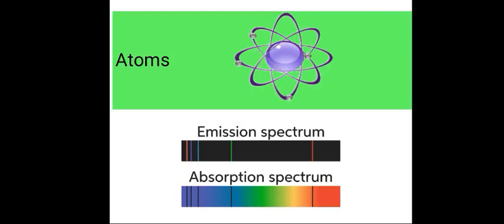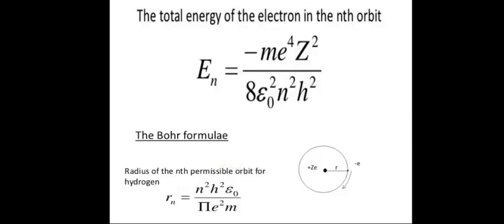We have been discussing the chapter Atoms. In the previous video class, we derived two important expressions. One is the radius of the nth stationary orbit, and the other is the total energy of the electron in the nth orbit. The expression for the radius of the nth stationary orbit, applied to a hydrogen atom